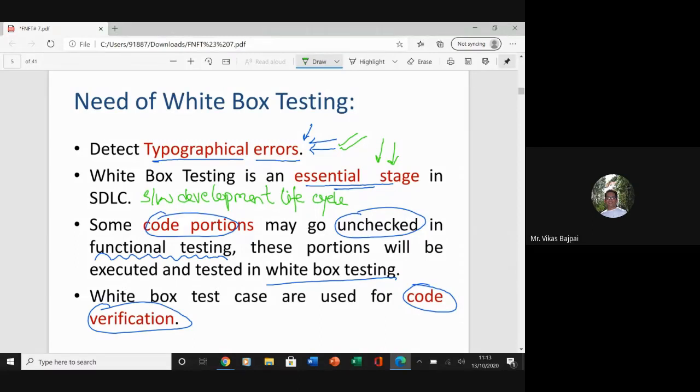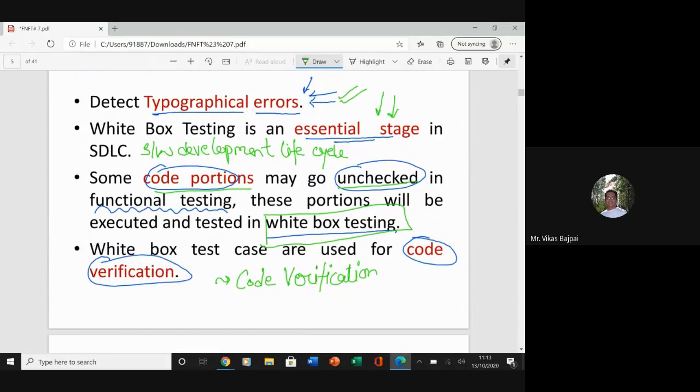Some of the code portions may go unchecked in functional testing, and these portions will be executed and tested in white box testing. In addition, the reason we need white box testing is that we go ahead with a very crucial part, which is code verification, right? You may be able to recall the discussions we had in this particular case.